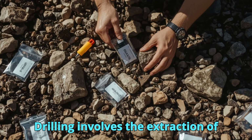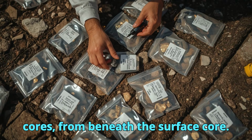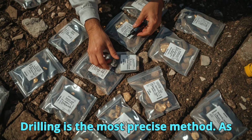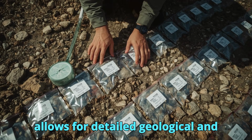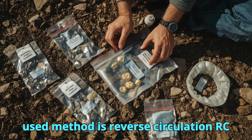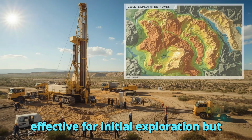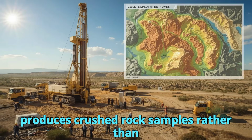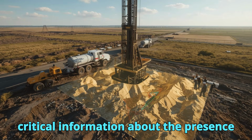Drilling involves the extraction of cylindrical sections of rock, known as cores, from beneath the surface. Core drilling is the most precise method, as it preserves the rock structure and allows for detailed geological and mineralogical analysis. Another commonly used method is reverse circulation (RC) drilling, which is faster and more cost-effective for initial exploration but produces crushed rock samples rather than intact cores. Both methods provide critical information about the presence of